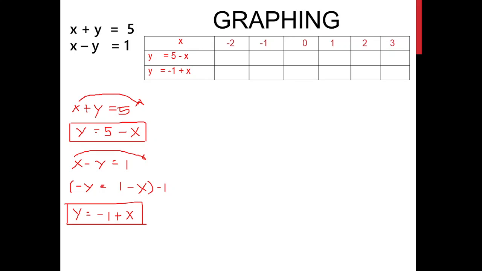Now let's proceed in finding the value of y given the values of my x here. Okay, so when my x is negative 2, simply substitute the value of x into this equation. Let's start with the first equation here. When my x is negative 2, I'll just substitute negative 2 here. Take note that you have a negative sign here and a negative here, so this becomes positive. So 5 plus 2 is 7.